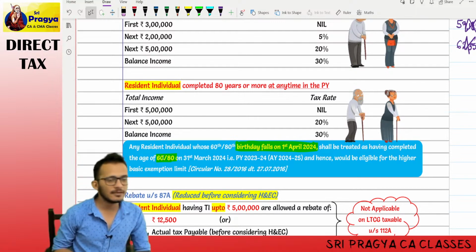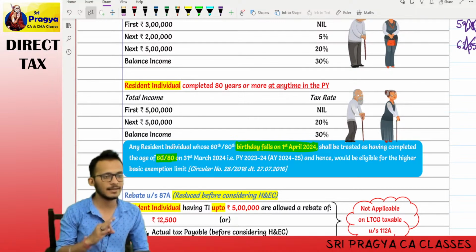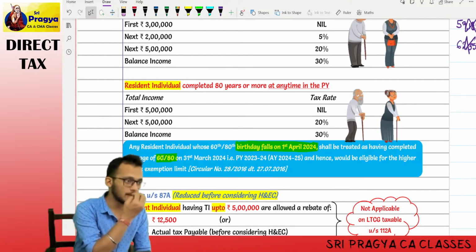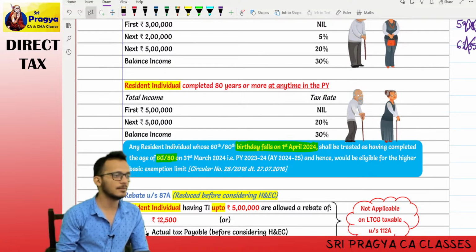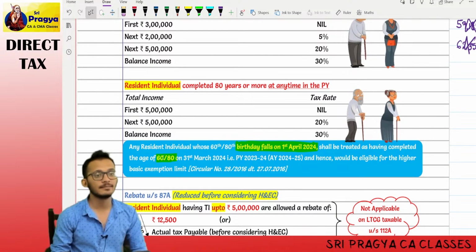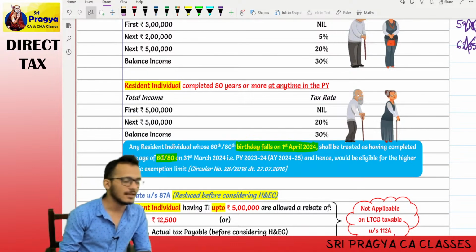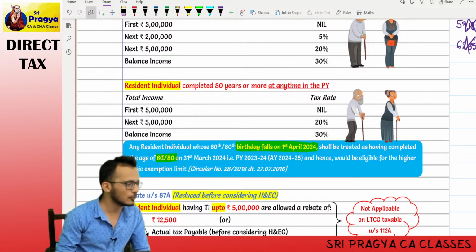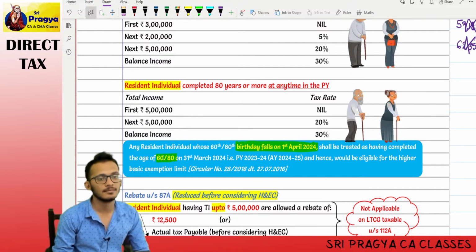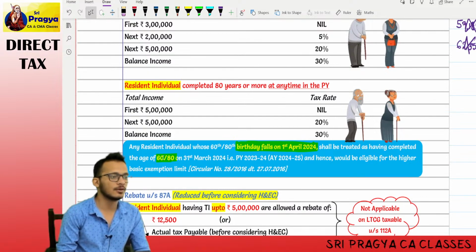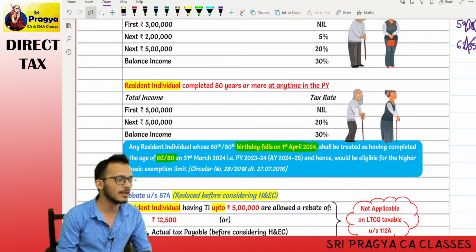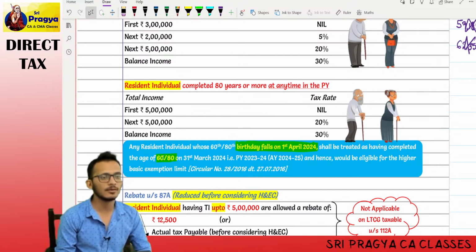Agreed? Therefore, income tax now splits you into 3 categories. Category number 1, poor category. Category number 2, middle class families. Category number 3, rich category. Now, does income tax say all these 3 words or no? Rahul says. That's all. You should not quote rich, poor and all in exams. I will give you technical words now.